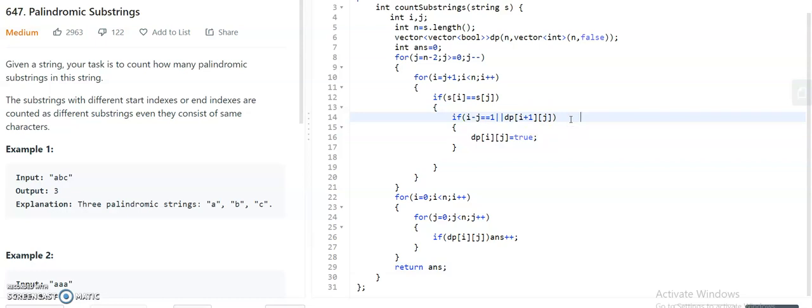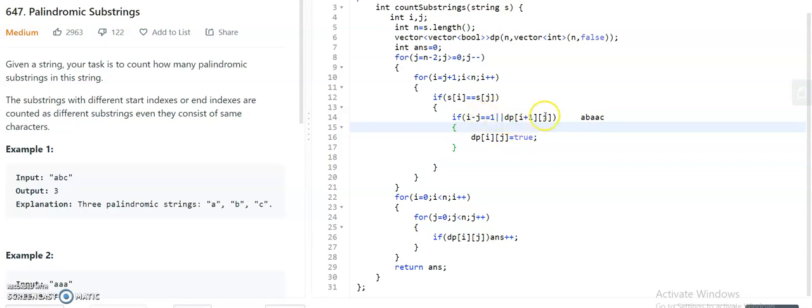For that, let us take an example like A, B, A, C. Here there are two A's at the second position and third position. The substring from 2 to 3, that is where j minus I is 1, is also a palindrome. For that case, I have mentioned j minus I is equal to 1.